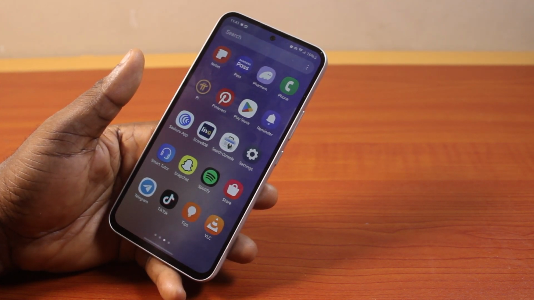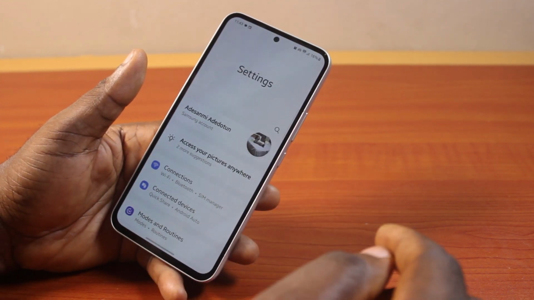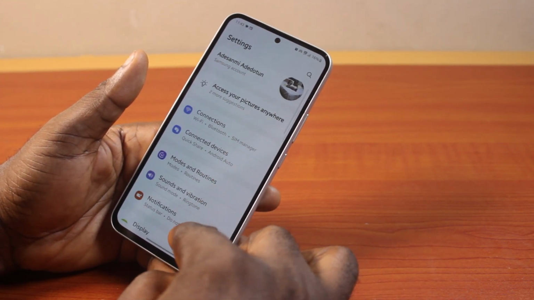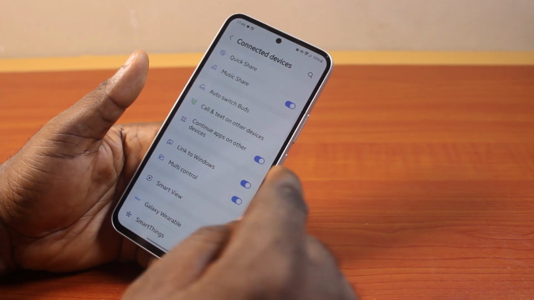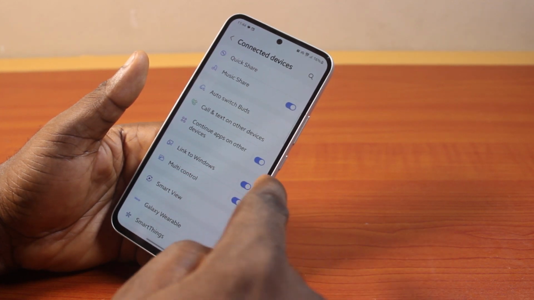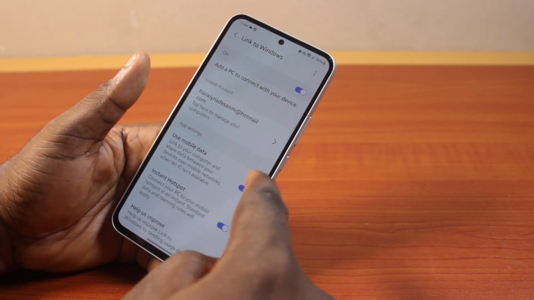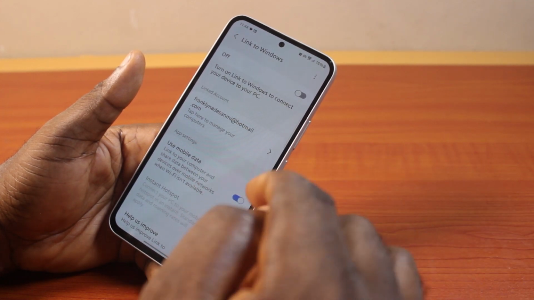Now, to disable or turn off Link to Windows on a Samsung Galaxy phone, all you need to do is go to your phone settings. On the settings page, scroll down and click on Connected devices, then locate Link to Windows and turn this off. Or better still, click on Link to Windows. While on this page, just turn this off, and this is going to turn off Link to Windows on